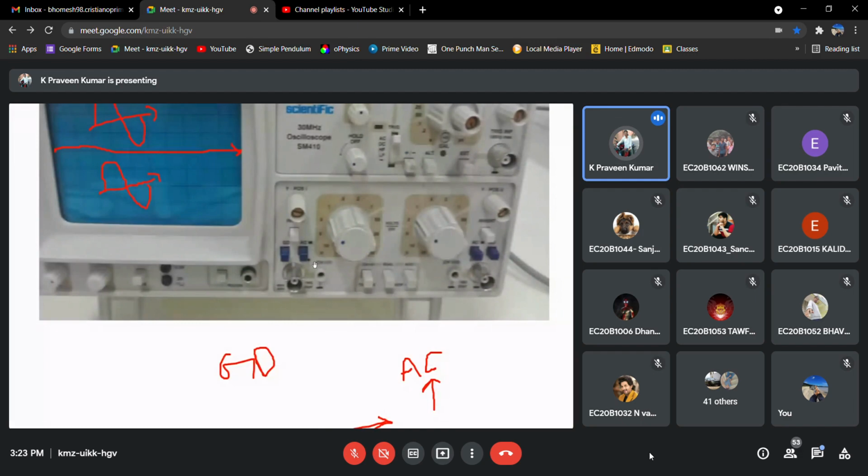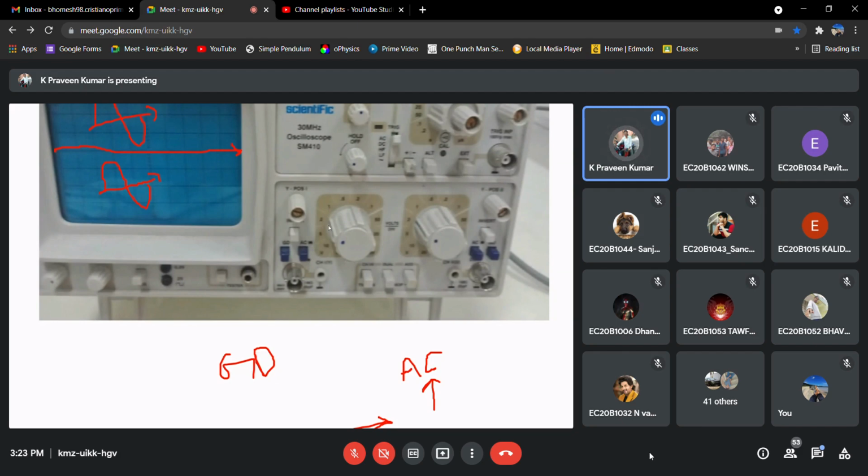I don't know whether it is visible or not. Right? So if you press this, yeah, okay. So if this switch is in released position, it won't display the DC component of your signal. It will display only the sinusoidal signal, or maybe the triangular wave, whatever signal you are applying. So it won't show the DC component.